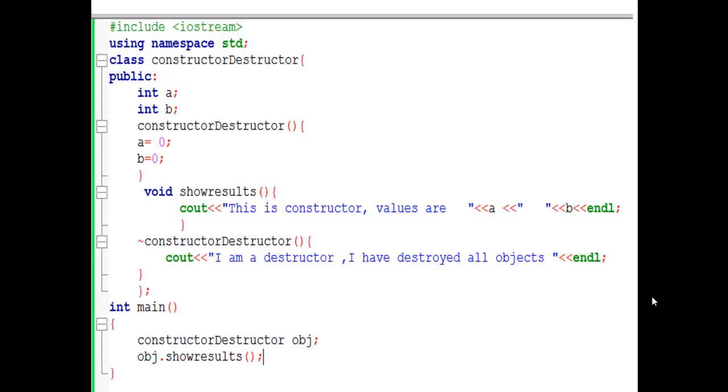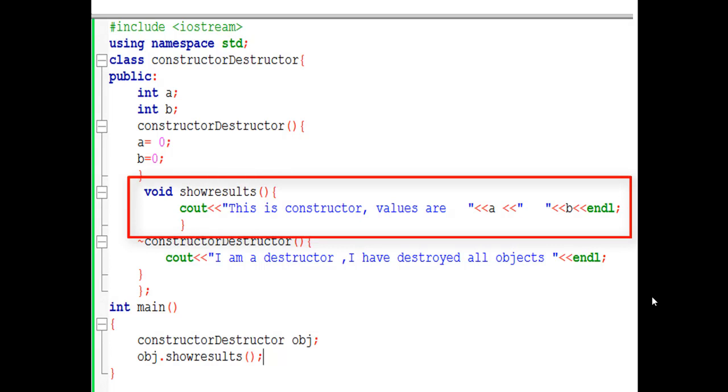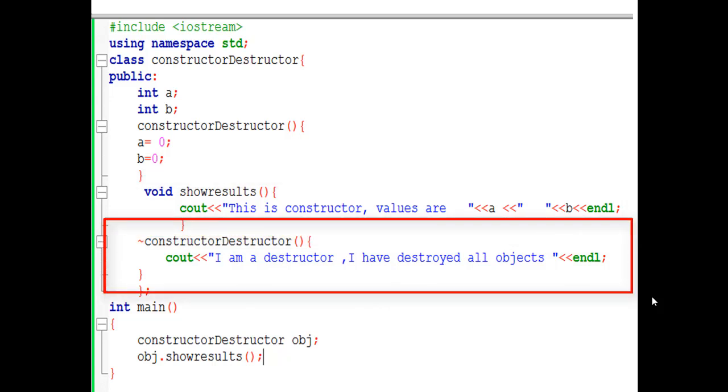Let's understand it with an example. First of all, we define the class as constructor destructor, and in the public section we create two variables, int a and int b equal to 0. After that, we define a function show result, and in the body we define a print statement, this is constructor, and we show the values of a and b, whatever the values are. And at the end of the class, we define the destructor,